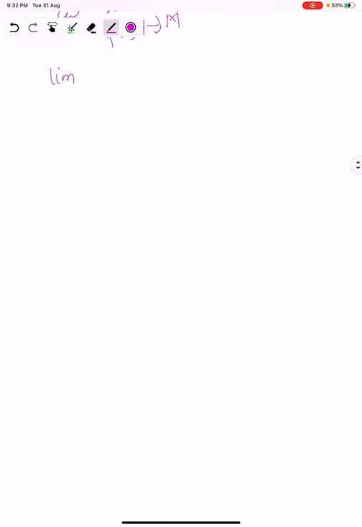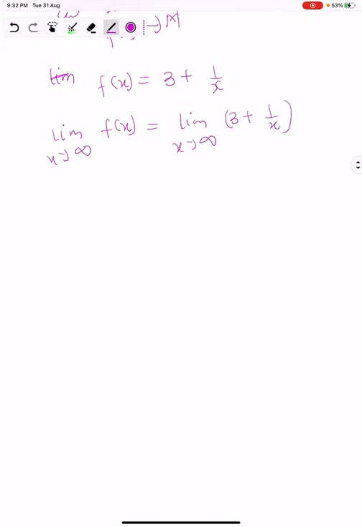So for example, let's start with a function. If I have a function f of x is equal to 3 plus 1 over x, then the limit as x approaches infinity of f of x is the same as the limit as x approaches infinity of 3 plus 1 over x, because this whole expression is what f of x is. The limit of a function means wherever we see x, we replace that with infinity. So this is equal to 3 plus 1 over infinity, which is equal to 3 plus 0,